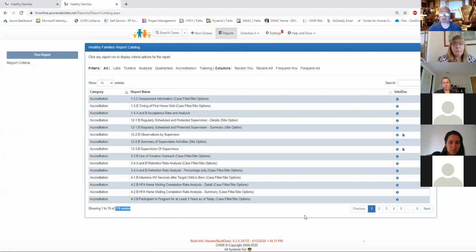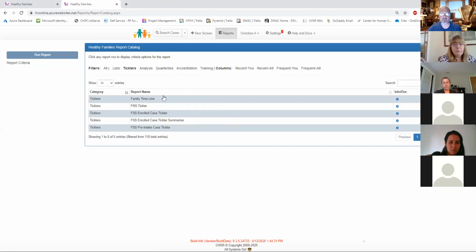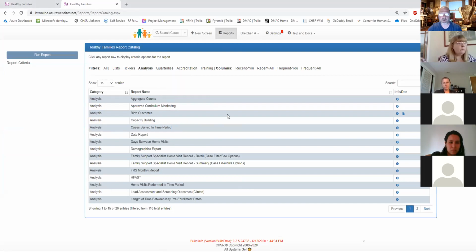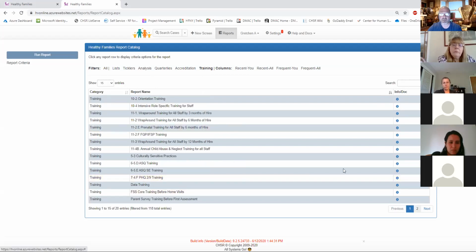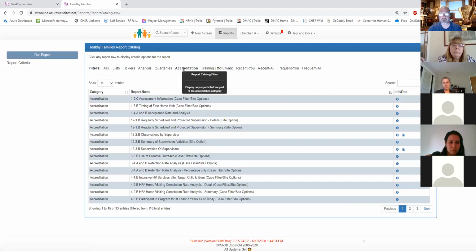The first thing I want to show you is that you have them in these categories. So there are certain reports that are like ticklers. You can categorize them a little bit more quickly by just choosing ticklers, or analysis reports. Paging is done here, but if you want to sort by report name, you can always click it this way and move everything around. If you do get lost, you don't know what a report's called, you don't know where a report's located, because there are a lot of them in training, multiple pages down here, multiple pages in accreditation,